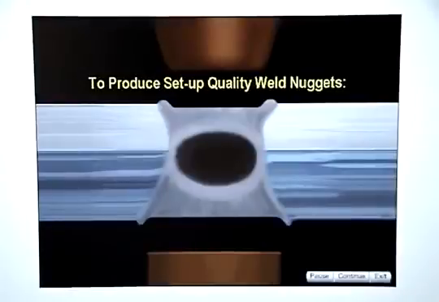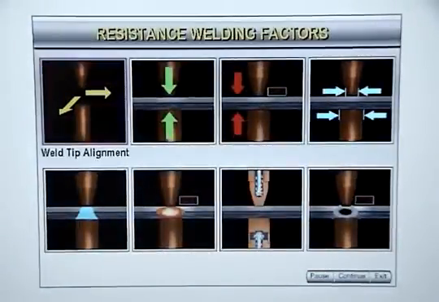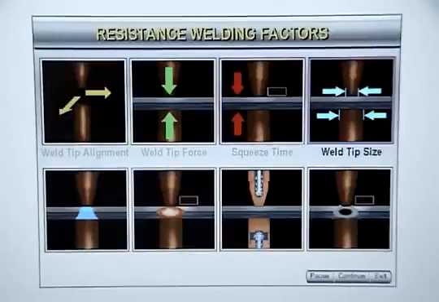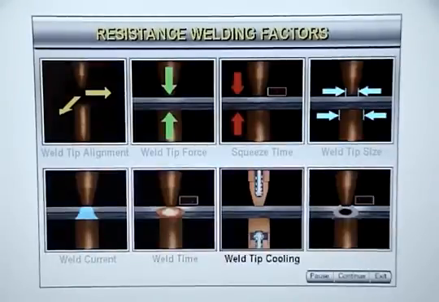To produce setup quality weld nuggets, you need to understand how resistance welding is affected by weld tip alignment, weld tip force, squeeze time, weld tip size, weld current, weld time, weld tip cooling,